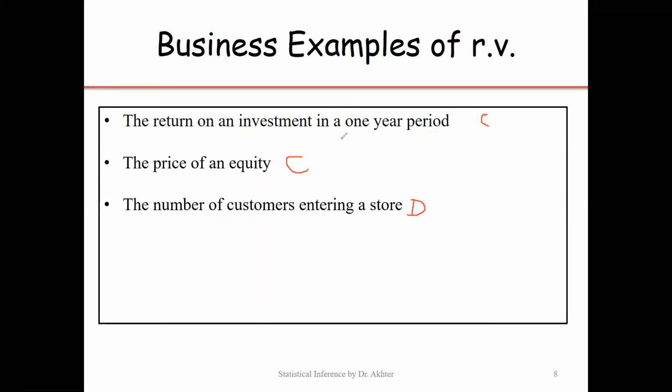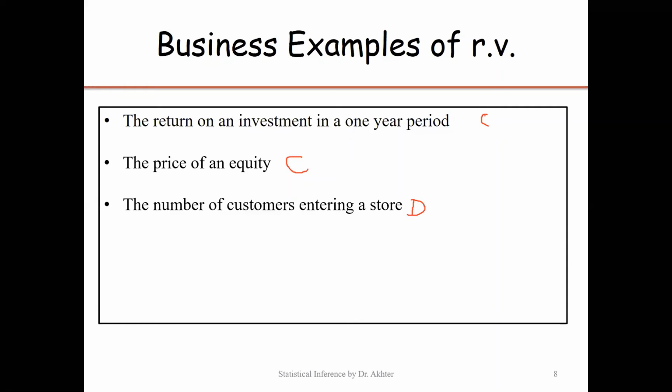If we are defining the point at which we will get that return, that point is discrete. As I told you, quarterly we are getting, or monthly we are getting, or hourly we are getting, because sometimes we are getting the return on an hourly basis. So that is the time. If time is the random variable, then the data is time series data, and time is a discrete interval we have here, and the amount of return is continuous.